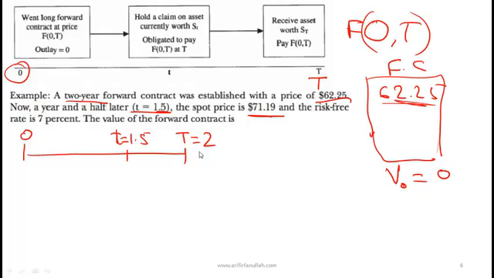Big T means maturity. Small t means at some point during the life of the contract. So at small t equal to 1.5, the spot price is